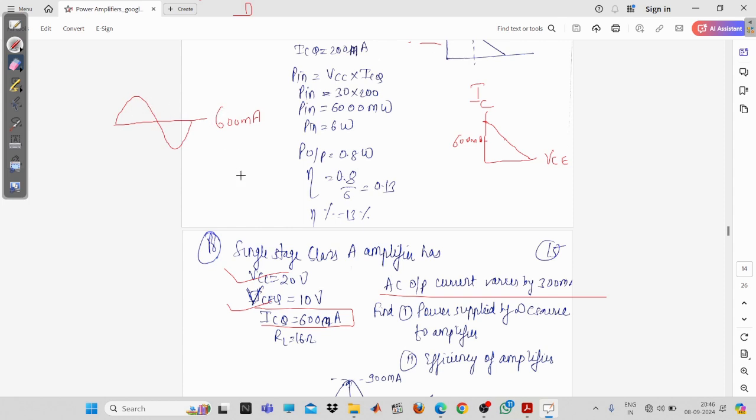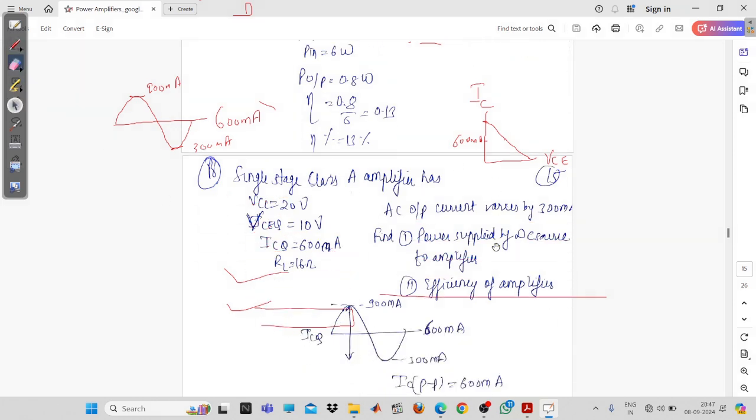So this is 600, and this AC output current varies by 300 milliampere. Suppose you start from this point, then it will vary by 300 milliampere. The reference value is already at 600 milliampere, so the peak point will be at 900 milliampere. Similarly, if you go in the negative direction, it will be at 300 milliampere. Now if you want to calculate the power supplied by the DC source,